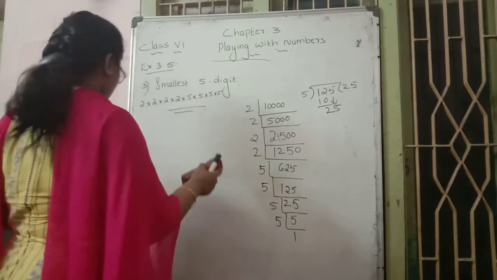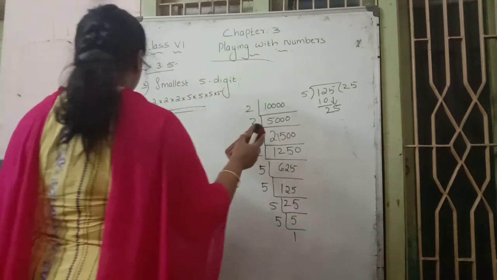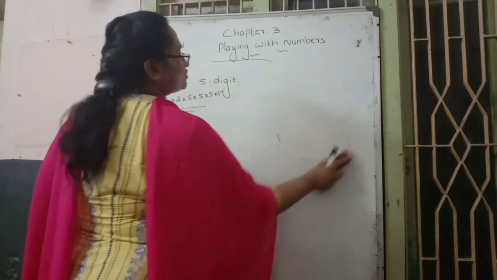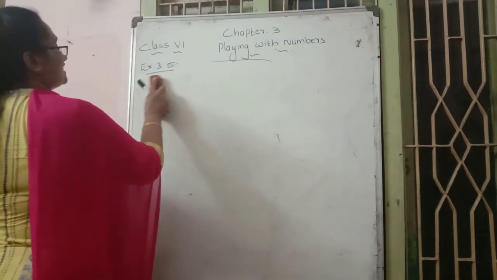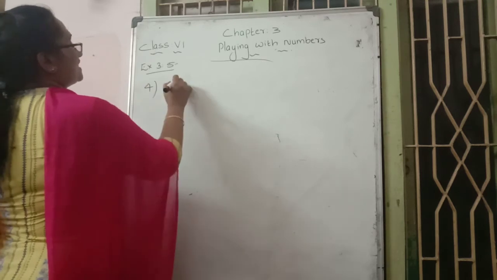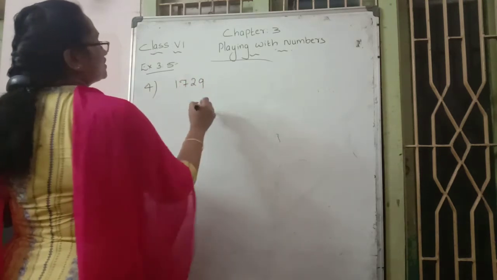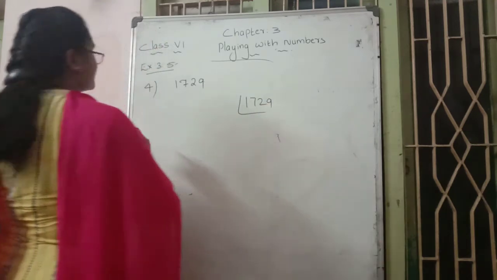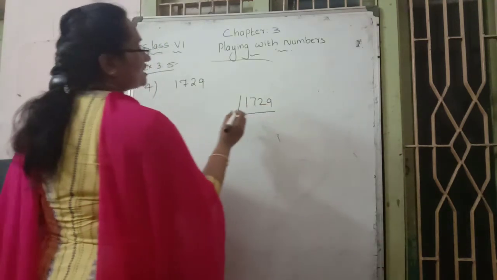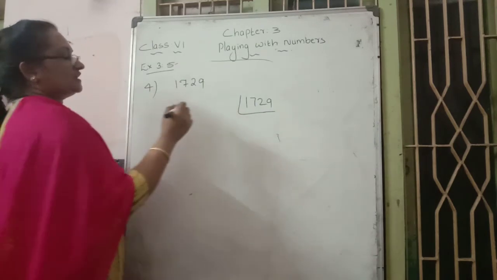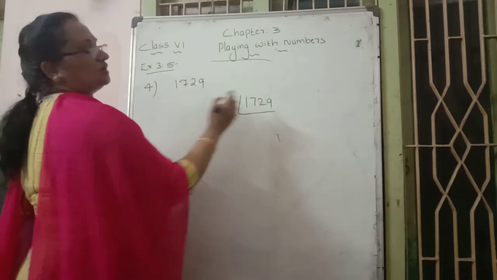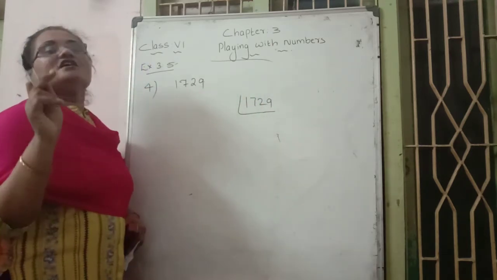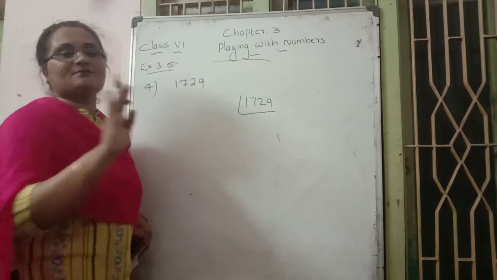I hope you can understand this question. Then the next question, same thing, only 1000 to 1729. The fourth question tells about doing prime factorization. So we can do the prime factorization. How to do the prime factorization? First, which table can we use here? Prime number 2 is not possible. What is the reason? The unit place is the odd number 9. That's why prime number 2 is not possible.